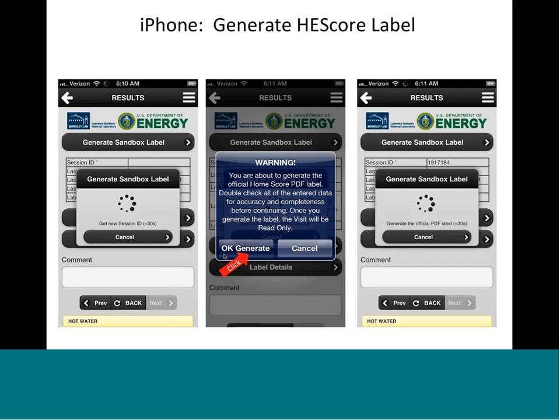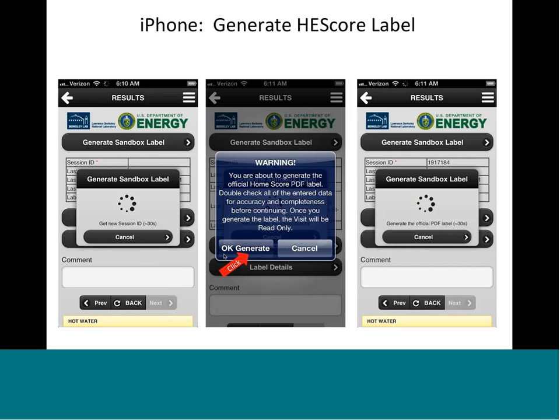There's a significant delay, about 30 seconds, and you get this left-hand panel now with the progress indicator that's spinning around. This delay is not our delay. It's actually the Lawrence Berkeley National Lab server that takes this long to generate the information. So it goes through some messages, and then you end up with a center panel